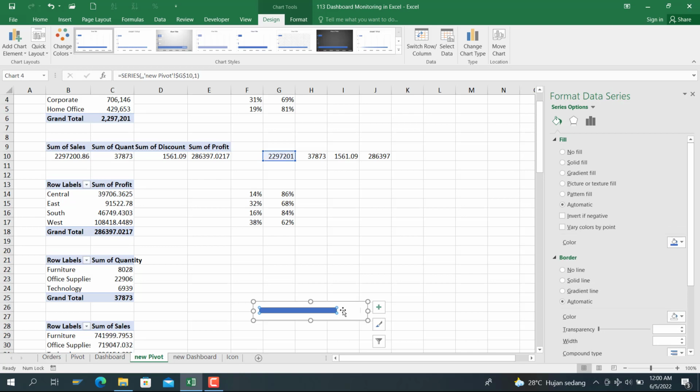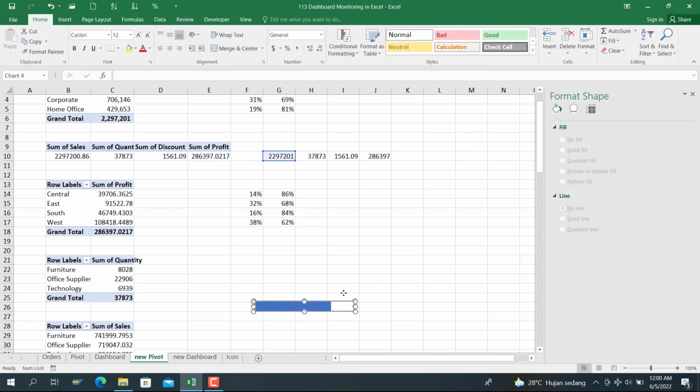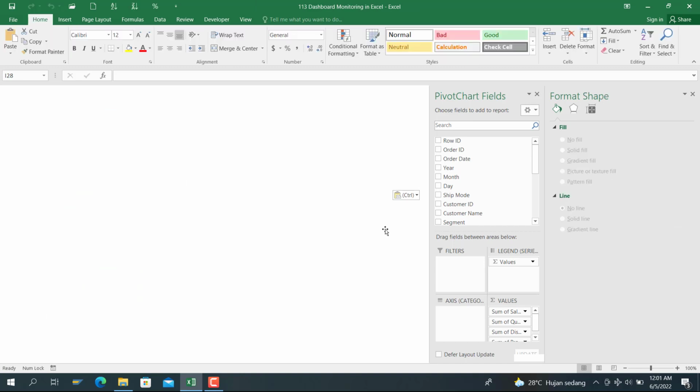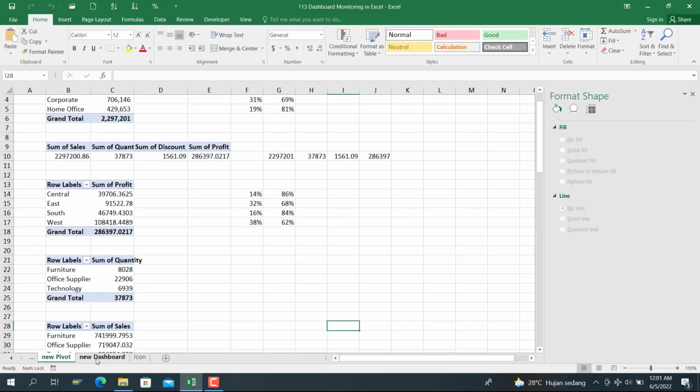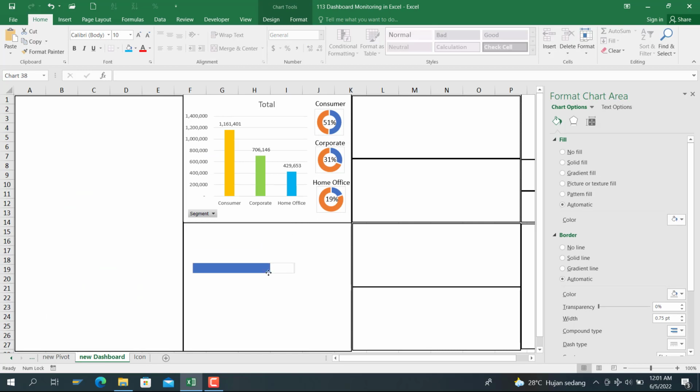and then we select this one, we change it to fill like this, and this, and this, and this. Then we select this, reduce the size like this one. You can copy the chart and paste on this new dashboard. Paste it in here,